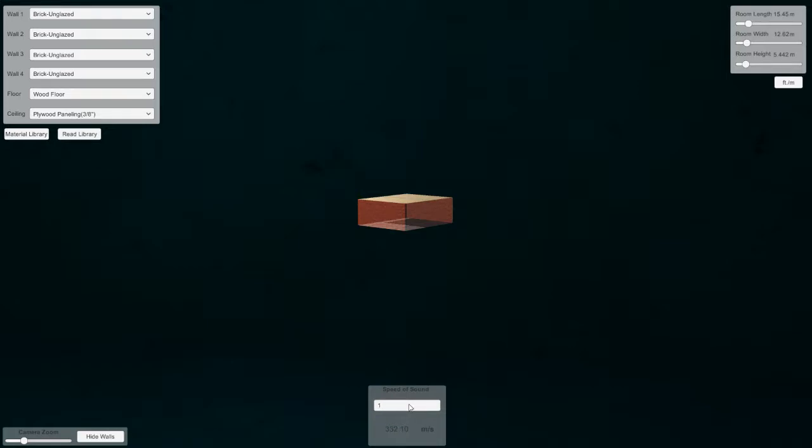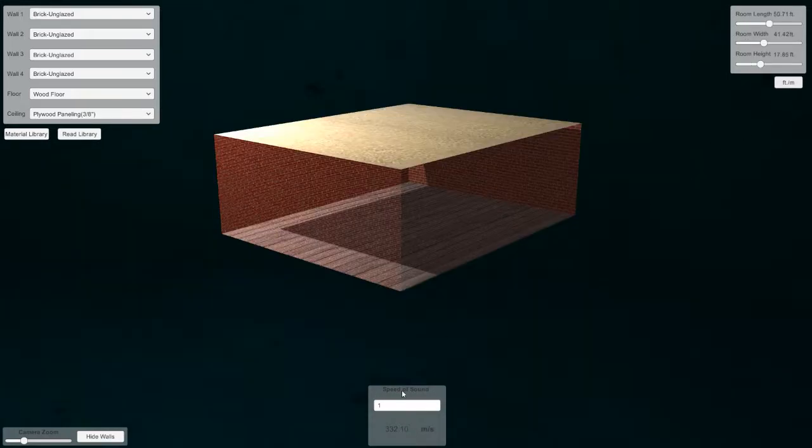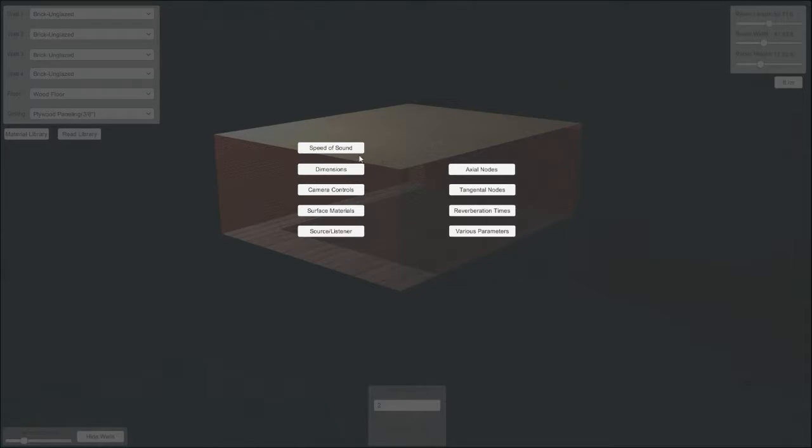boom, it will update to change to meters per second, or switch back to feet. Boom, it changes to feet per second. And if I pull up,